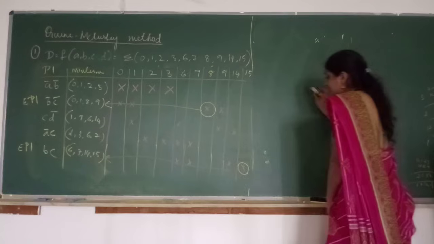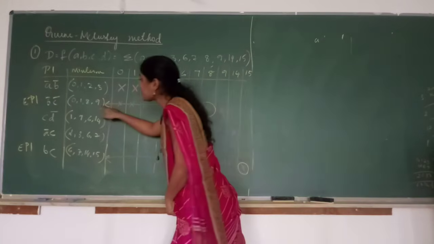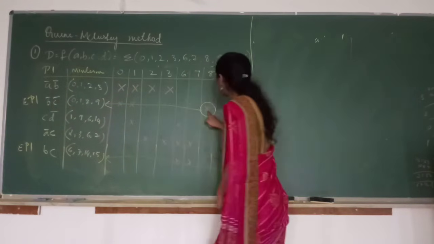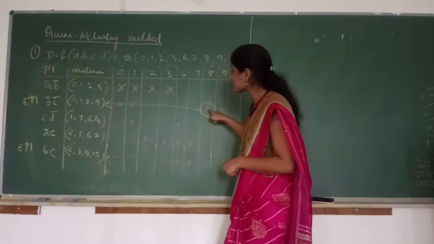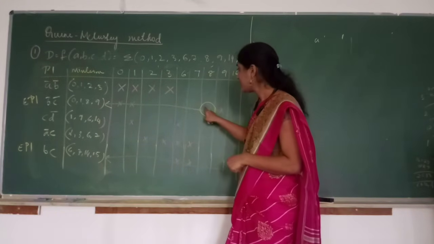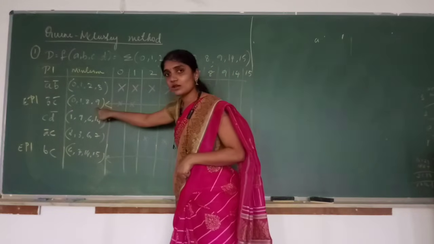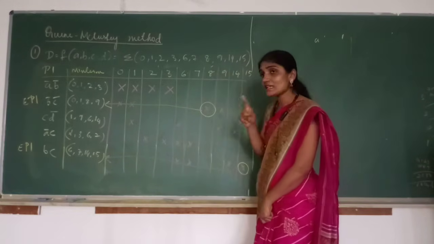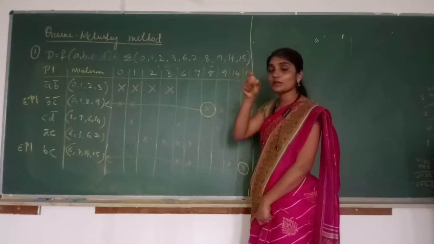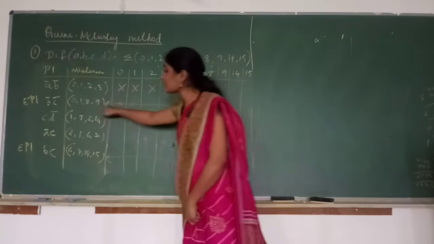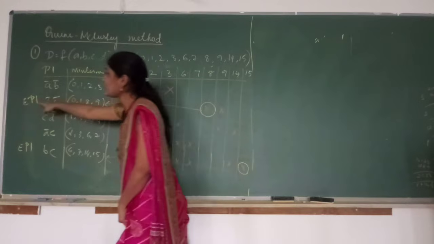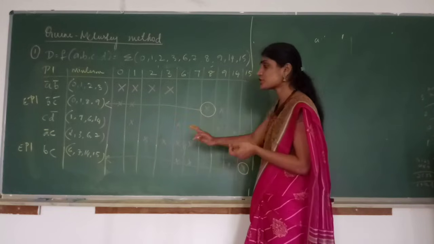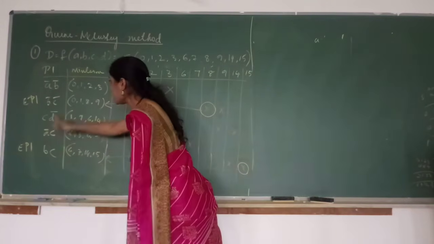So, if you find a single X in that column, that means this particular grouping, this particular prime implicant, is unique. 8 is unique. Just check whether 8 is being covered by any other grouping. No, right? 8 is covered only by this grouping 0, 1, 8, 9. Whichever column you find a single X, what does it mean? That minterm is unique for that particular grouping. That corresponding prime implicant will become an essential prime implicant. Now in your equation you will have these two terms for sure. What are they? BC and B bar C bar.